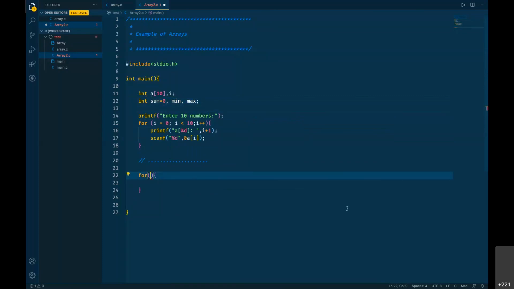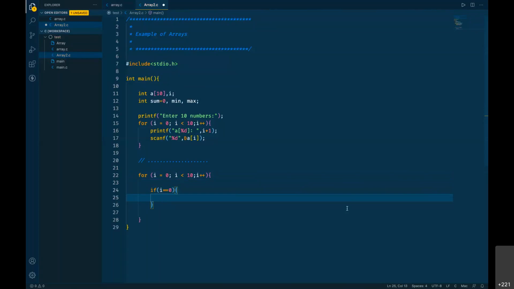So let's go for i equals to 0 again, i less than 10 and i plus plus, right? And inside this loop, what we can do is check if i double equals to 0, using the conditional operator.